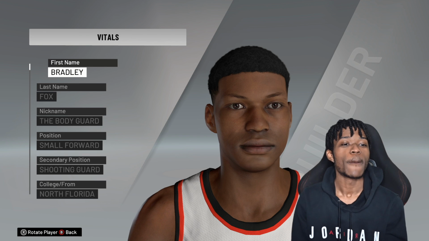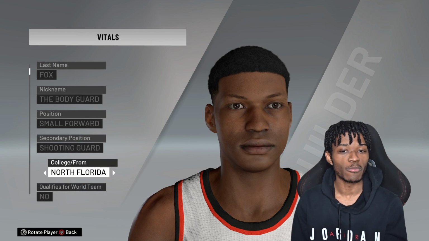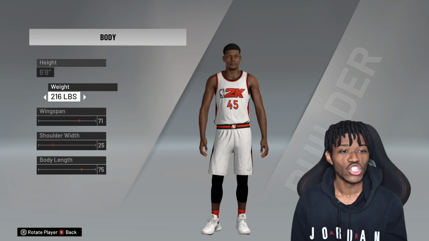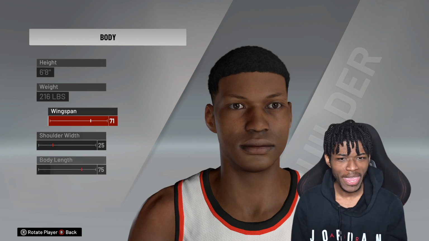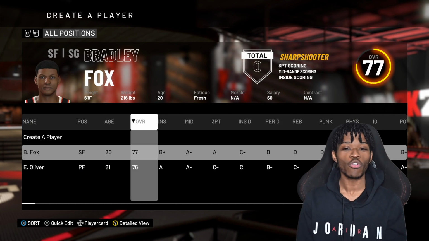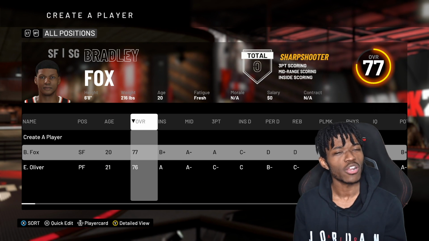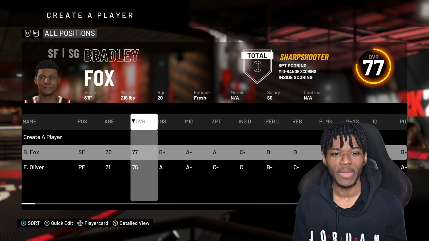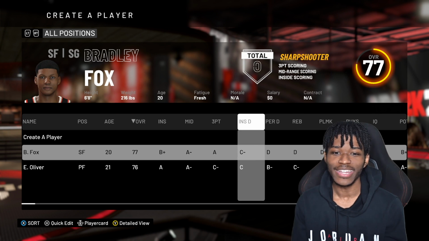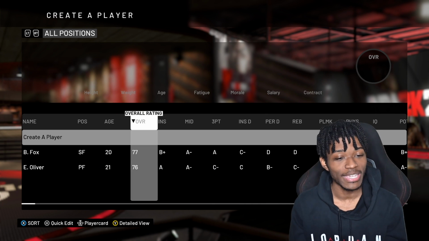So now we have Bradley Fox, the bodyguard, small forward / shooting guard from North Florida. How tall are you? He's going to be 6'8", 216, long wingspan. I see you. Number 45, and he is a 77 overall. Still no badges. I wonder if badges will be auto-generated or will every single player be no badge. He is an elite shooter at an 83 3-point rating. Not good at defense, not good at playmaking, rebound, but he would be a scorer on our team, our fictional